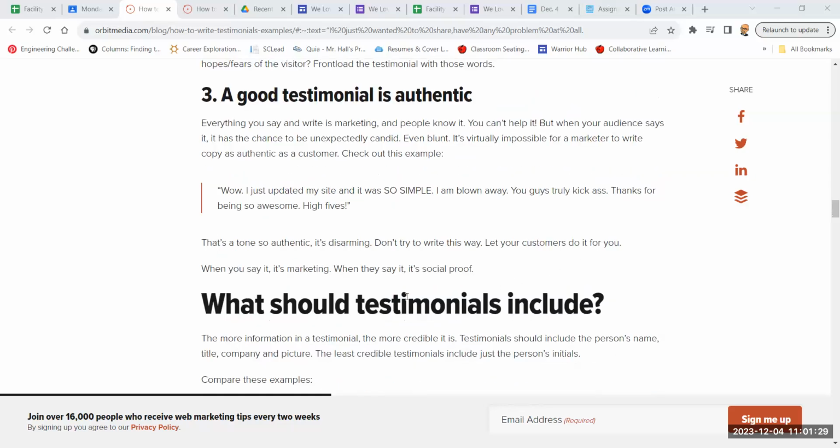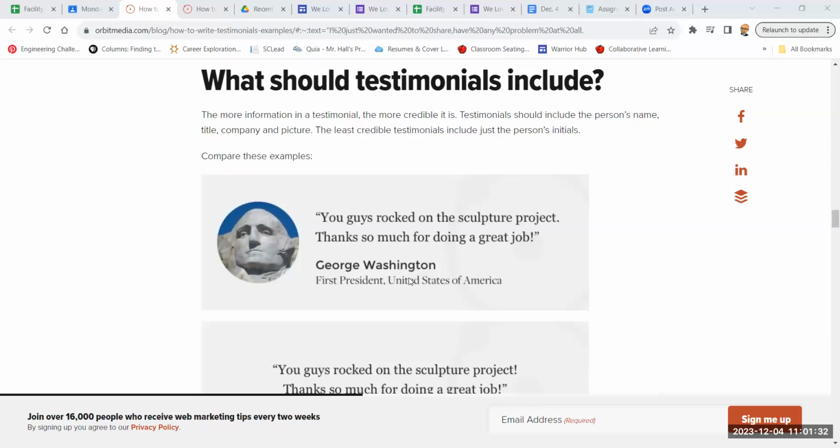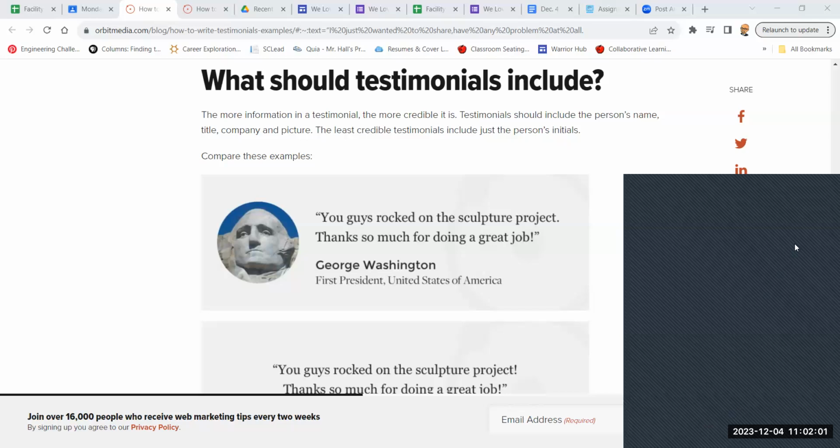So what should testimonials include? Well, the most important information is that it's got to be credible. It should include the person's name, their title, if it's a customer or adoptee or whatever you'd say for a dog business, the company, and the picture. The least credible testimonials don't include those things, and sometimes it's just a person's initials. So we want to make sure that we